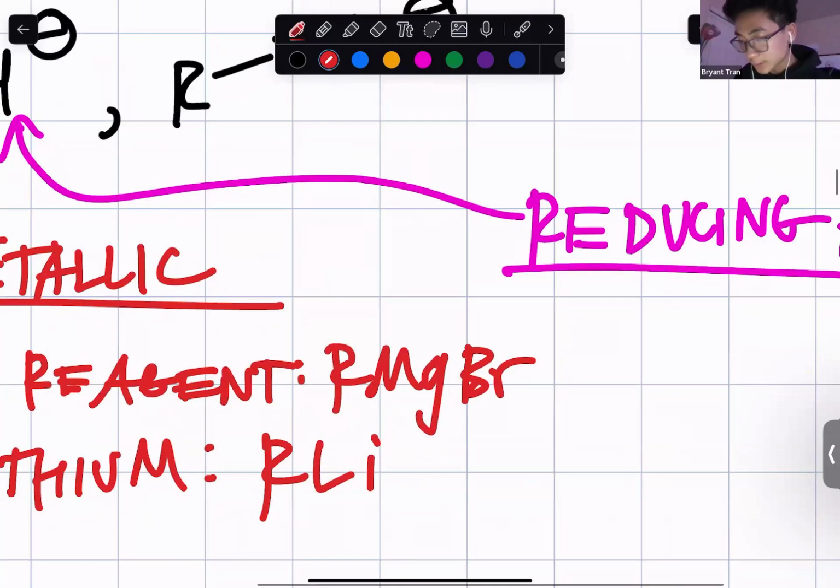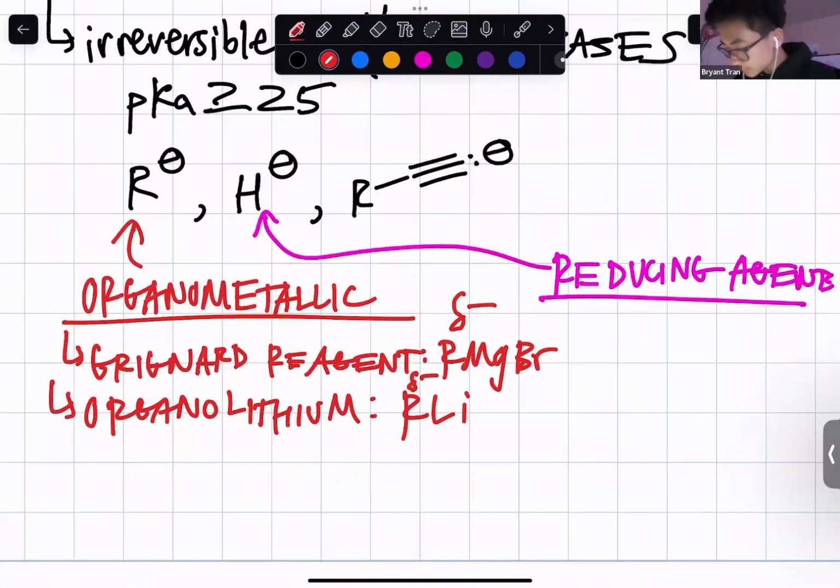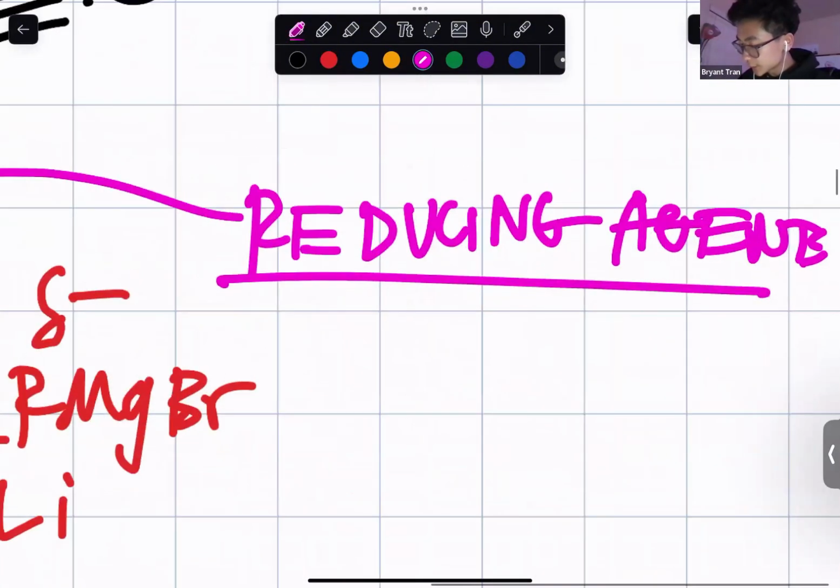Where the carbon directly attached to the Mg or Li is going to be negatively charged, partial negative charge, the nucleophile. Two types of reducing agents that you need to know: